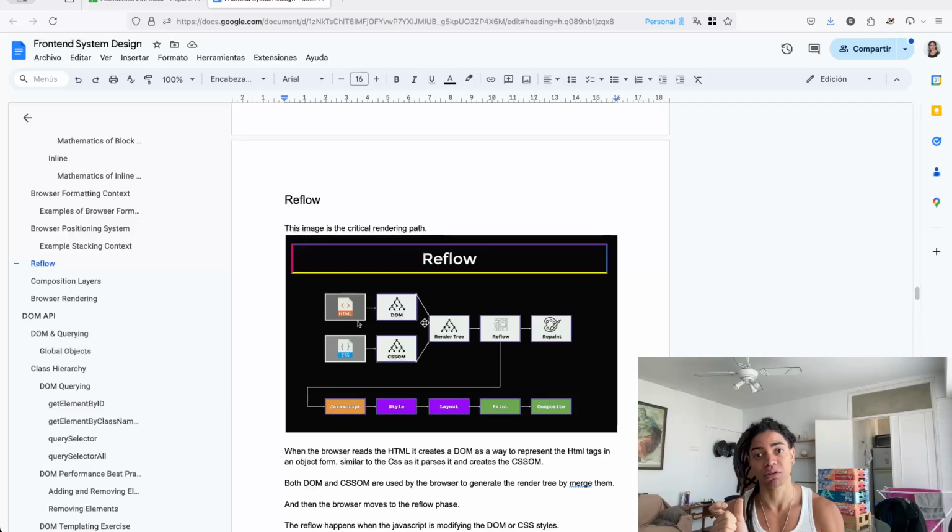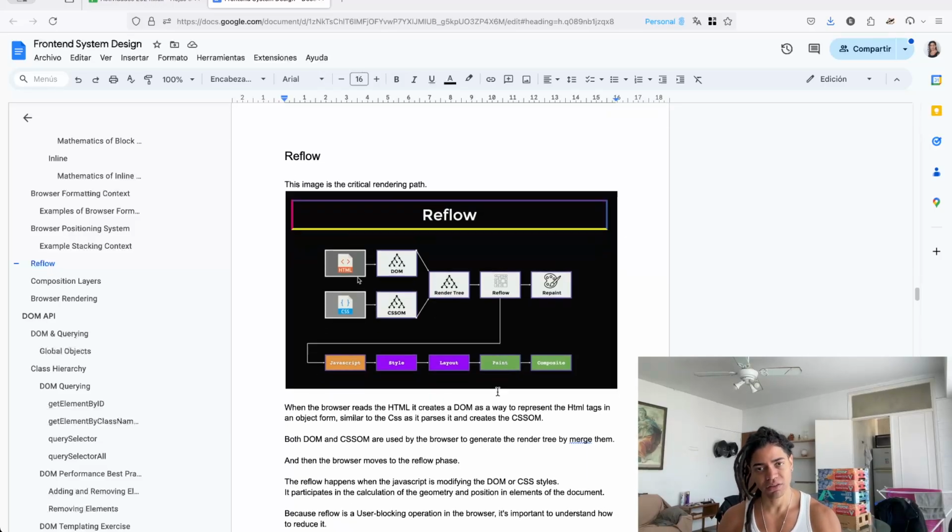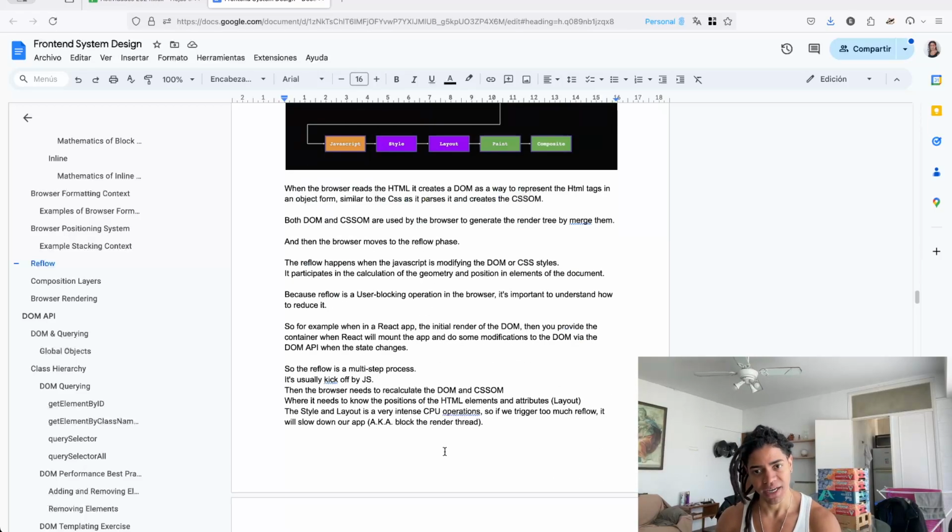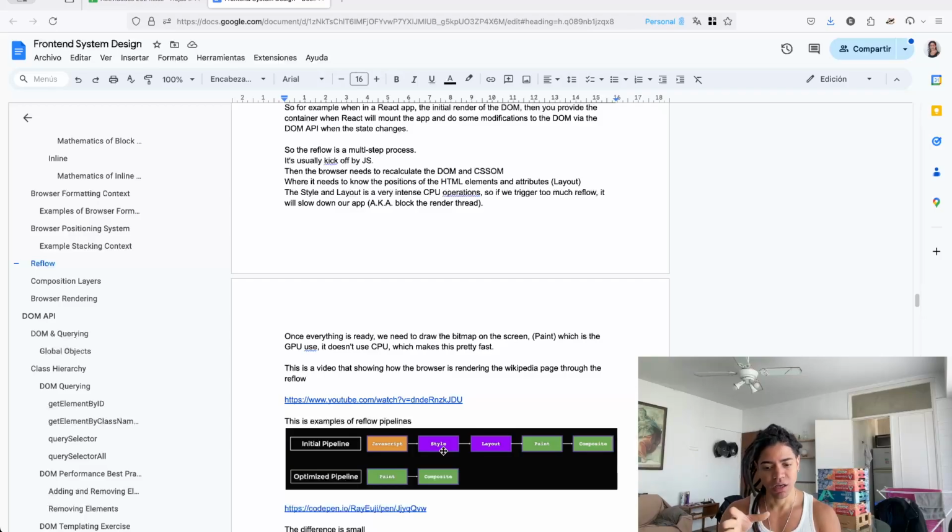So for example, CSS transform. Instead of changing the position, what it's doing is it doesn't trigger layout. In fact, it only triggers the paint and the composite layer. The paint is, once the browser puts all of this data into a bitmap representation, it needs to compose that, which is the final stage of putting all of the painted parts of the page